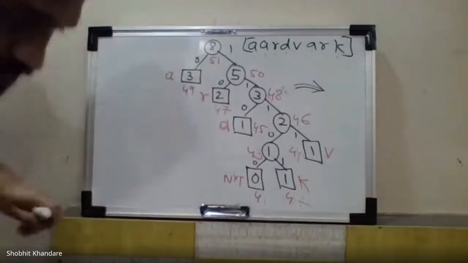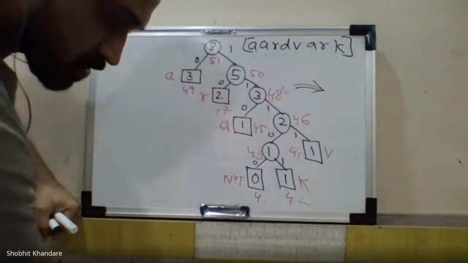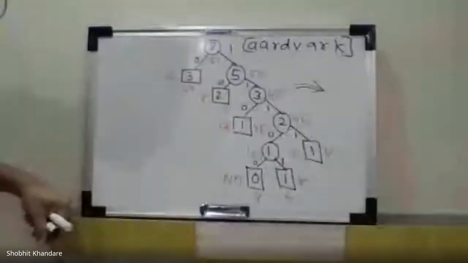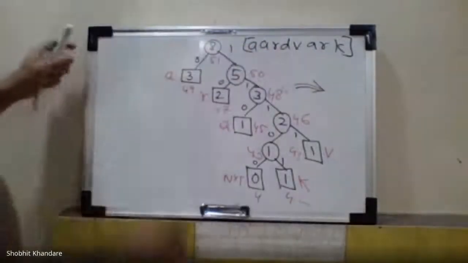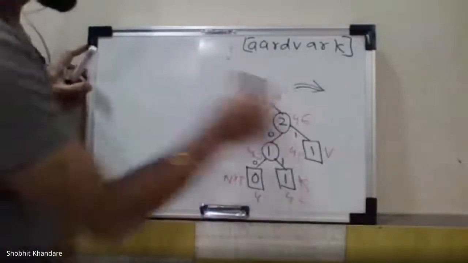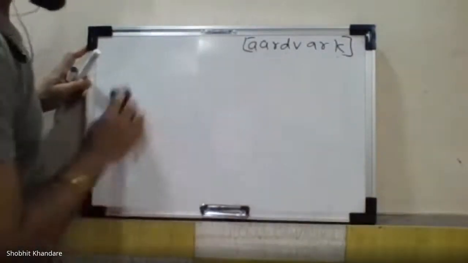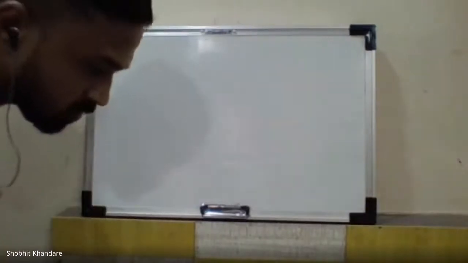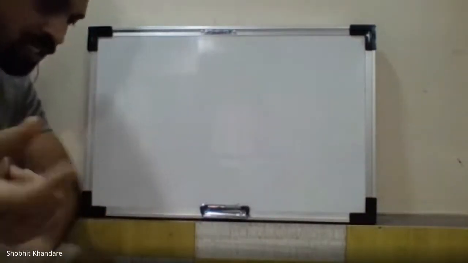And there are steps. I want everyone to write the steps along with me, so that after writing the steps, or you can say that is an algorithm, we will get the encoding message for AARDVARK. Okay, so I'm going to rub this tree now. And this is a message, so we'll see afterwards the message. So write down the steps for encoding. Write down encoding and write down the steps. I'm going to dictate, you please write it down.